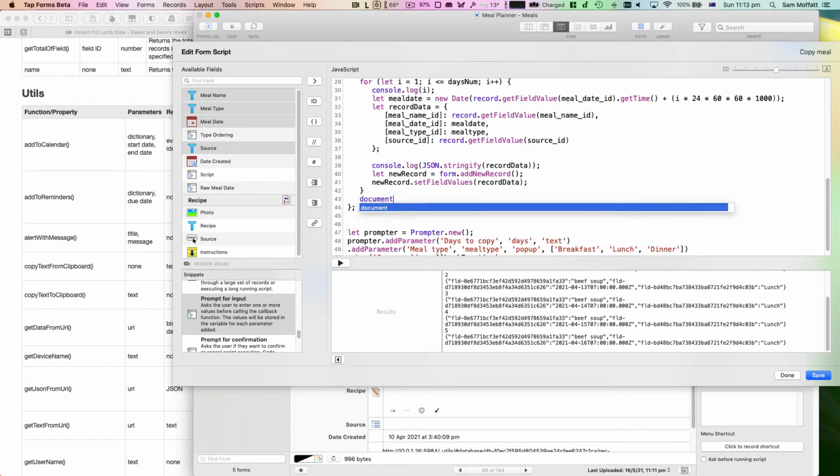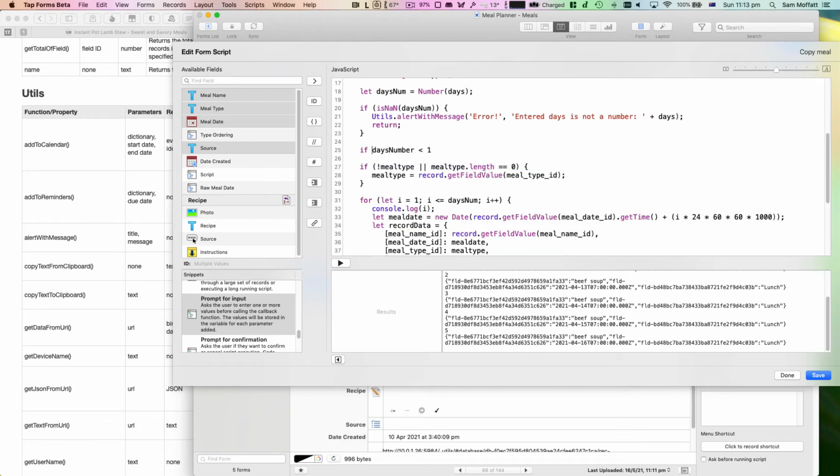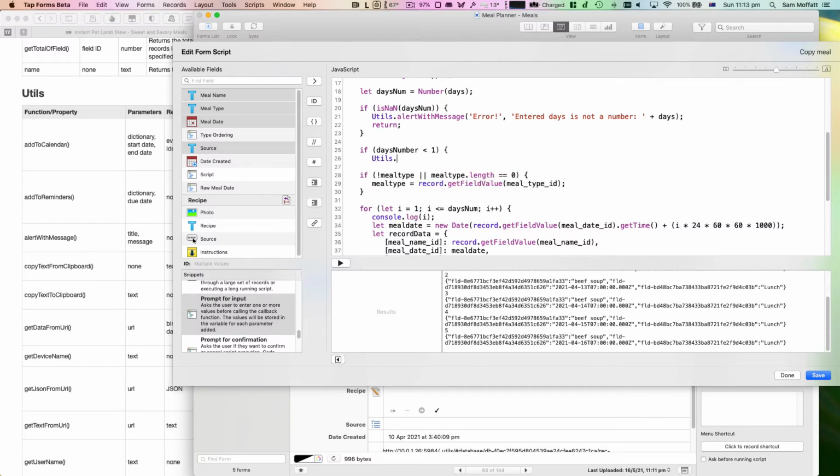We do need to do one more thing, which is document.saveAllChanges, so that we can tell Tapforms, hey, we want to save it. We're going to put this after the loop, which means that potentially if there was actually 0 days, then that would be a problem. We probably also want to do, actually, if days num is less than 1, as an extra bit of validation, now that we're thinking about it, if days num is less than 1, because less than 1 is a valid number, alert with message, error,